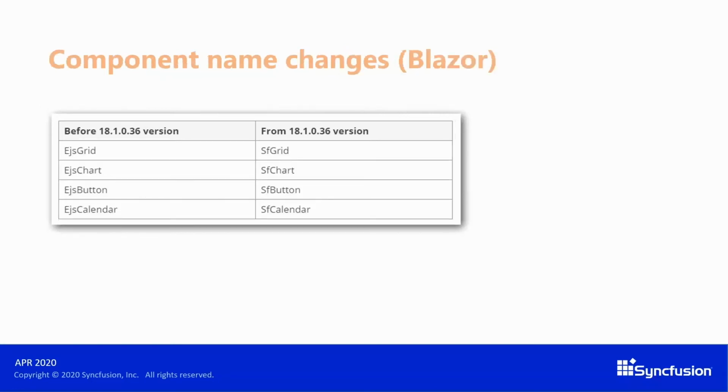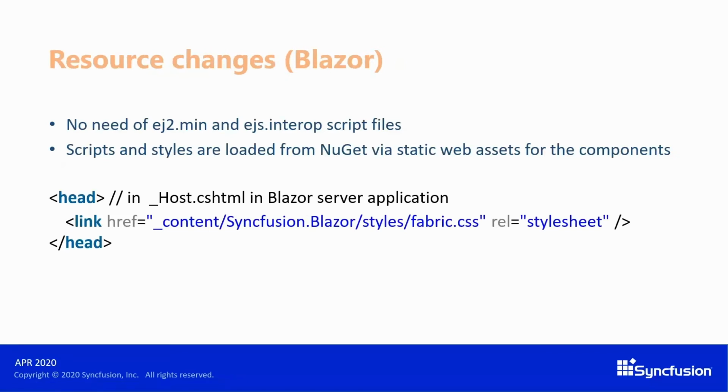And also we have changed the component name. So previously we used the EJS prefix, and now it's been changed to SF, like SfGrid, from the version 18.1.36. In case of resources, now you no need to refer to the ej2.min and EJS interop script files in the